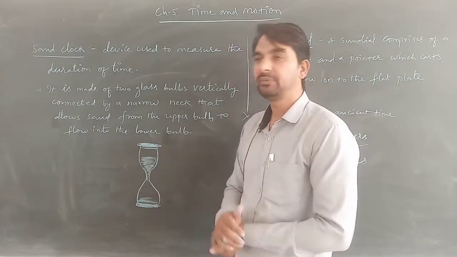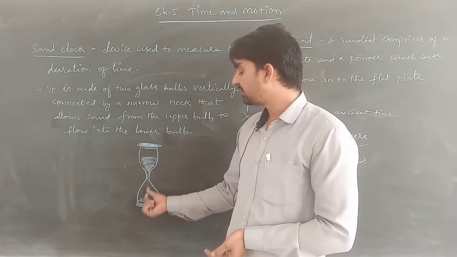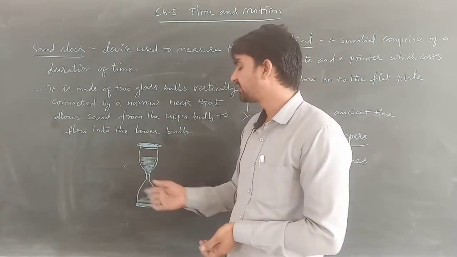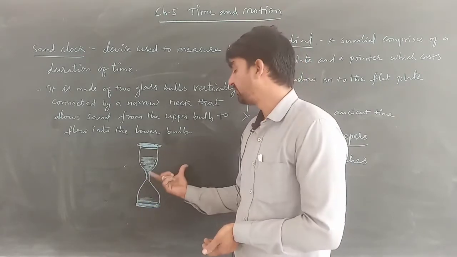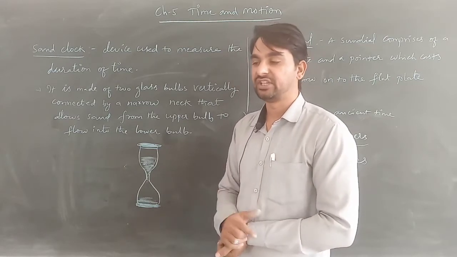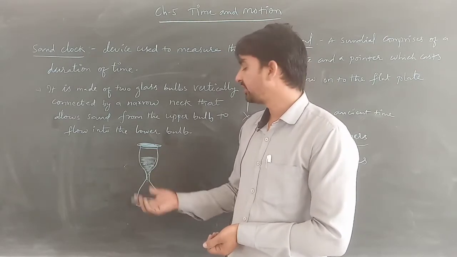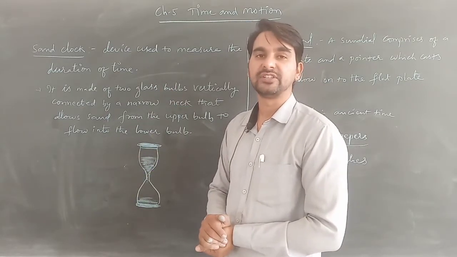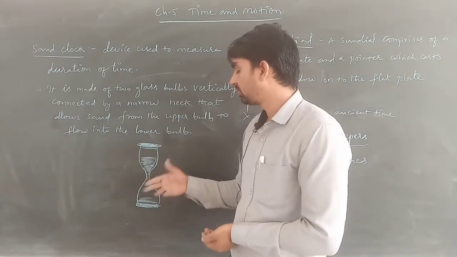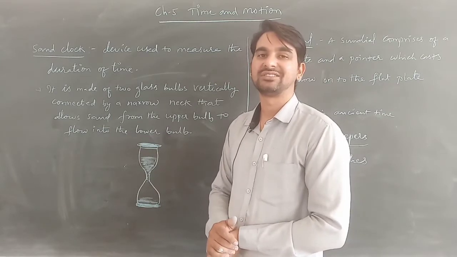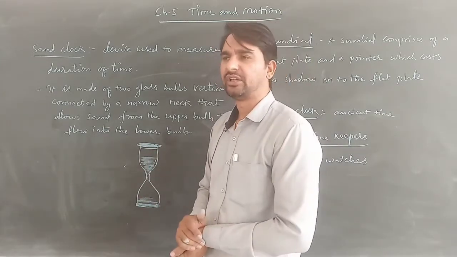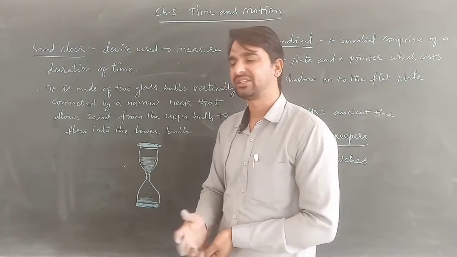If the sand is smoother, it falls very quickly into the lower bulb. If it is rougher, it will take more time, and it also depends on the width. As the area increases, the pressure increases. So the downfall of the sand varies according to the time. In this way they designed sand clocks in ancient times to measure time periods.